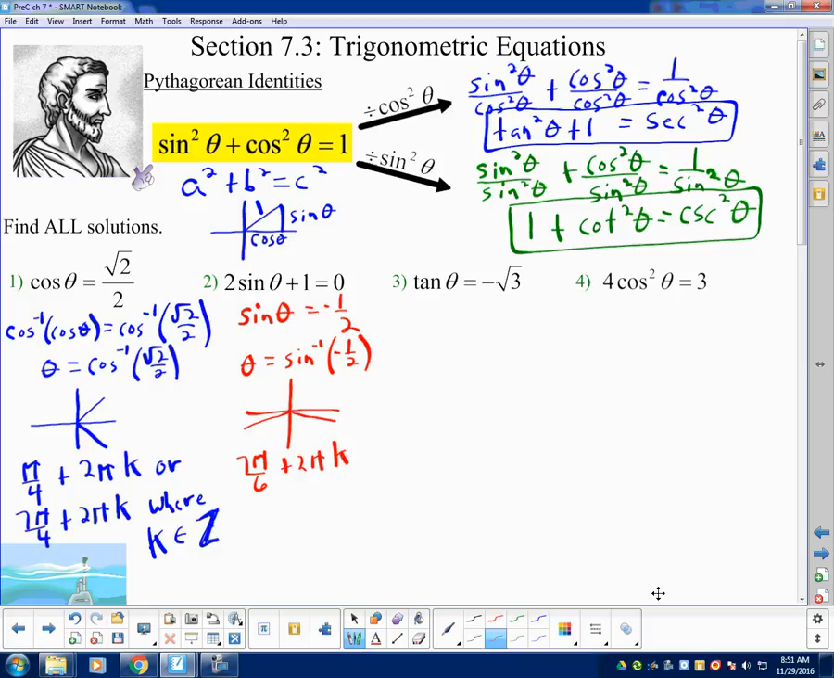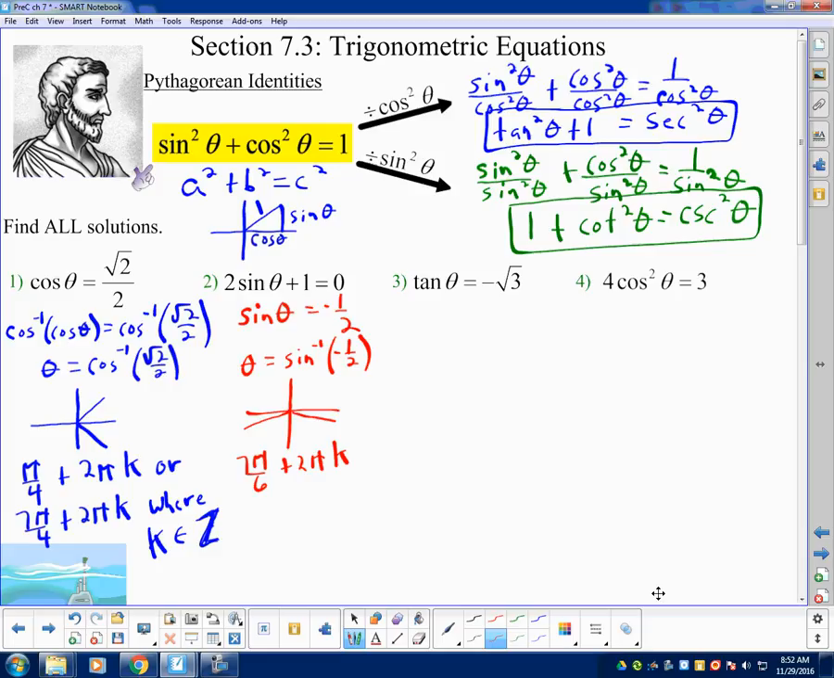So when I say 2 pi k, if I plug in 1, I'm adding 2 pi to this. Okay? So it's just another 360 degrees. If I put in 0, I'm right at 7 pi over 6. If I put in negative 1, I'm subtracting 360 degrees from it, but still landing at the same point. See what I mean by k is an integer? So whatever I plug in, negative 1, 0, 1, 2, negative 2, it's just either adding or subtracting 360 degrees